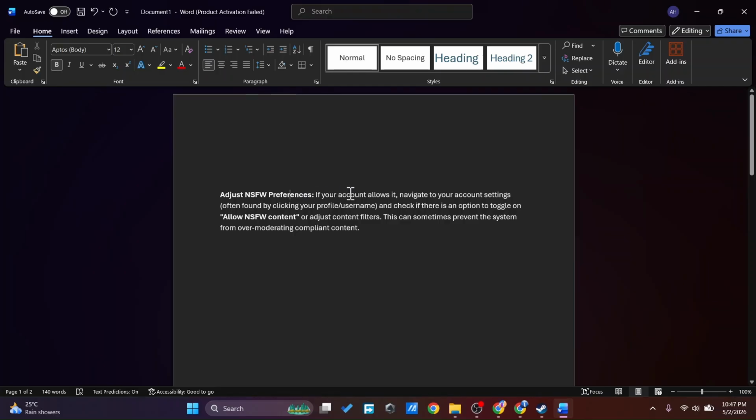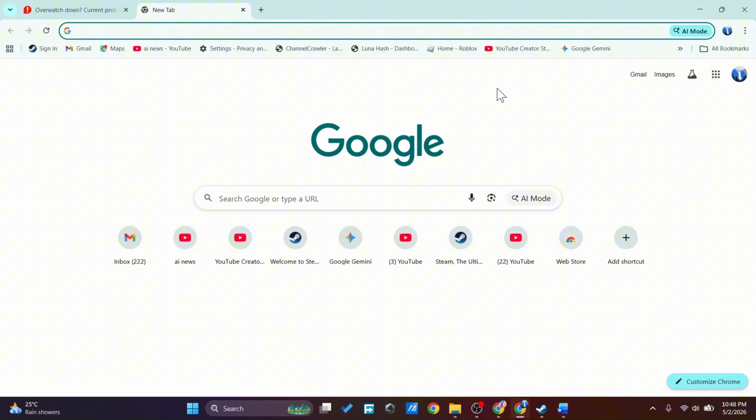If your account allows it, navigate to your account settings, often found by clicking your profile by username, and check if there is an option to toggle on allow NSFW content or adjust content filters. This can sometimes prevent the system from over moderating content. Now, this is the first solution, and if this doesn't work, the next solution you can try is head over